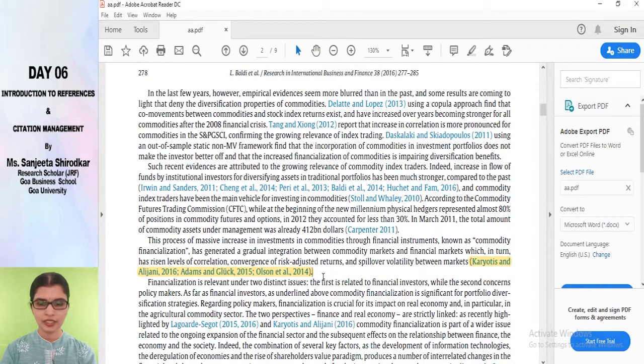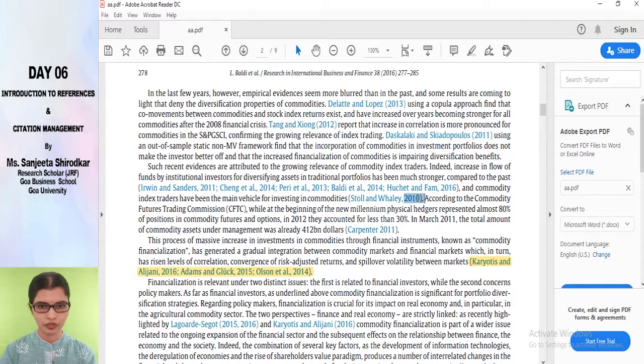You have seen that in this case a paragraph has been written, and to support the claim certain references have been given, like one, then Adam, Olson. All these references have been put in parentheses, that is, in brackets. This is one way in which you type a paragraph, and at the end of the paragraph you add parentheses and insert the citations required for supporting your claim. I'll show you more such instances wherein it is written at the end of the paragraph.